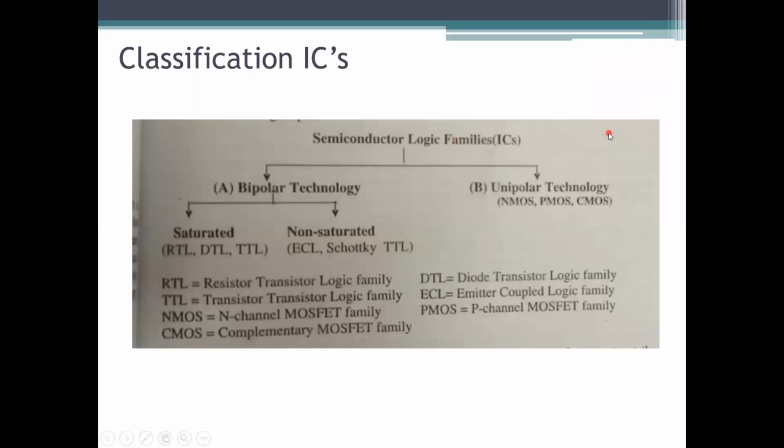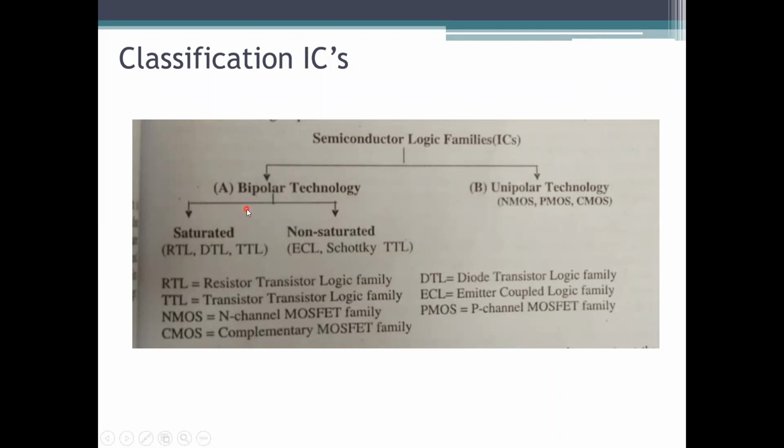And the second last topic from this chapter is the classification of your IC. The first semiconductor integrated IC was developed in the year 1958 by J.K. Kilby. Then many different standard semiconductor ICs were developed. These digital ICs can be classified according to the semiconductor device basically used as a basic block in the manufacturing process of your microprocessor and other ICs. These ICs are basically classified into two groups: the first one is bipolar, the second one is unipolar.